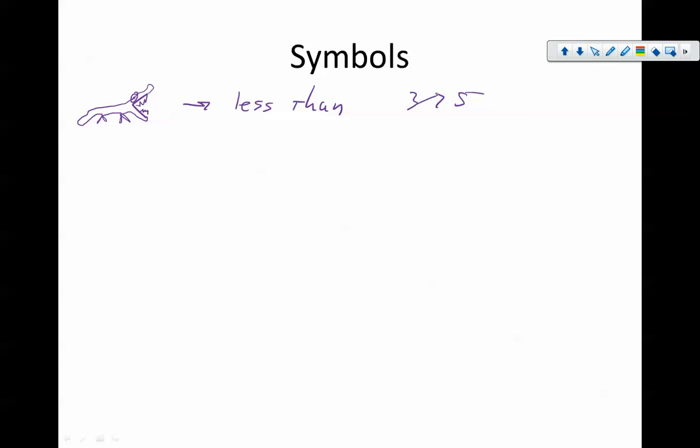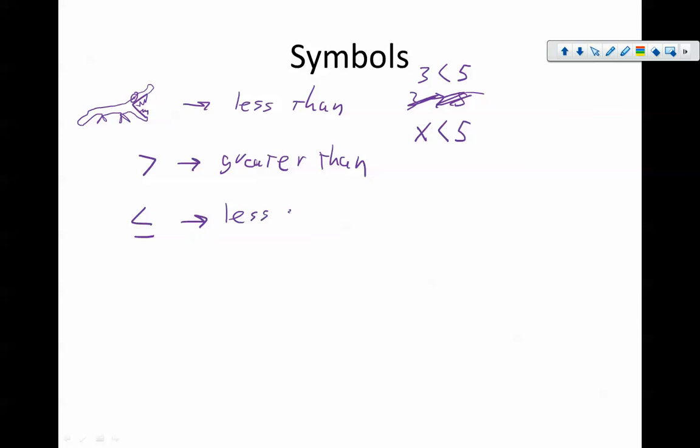Or if we were to say 3 is less than 5, the gator's eating the 5. We can also say x is less than 5, which means that the x value is a smaller number than 5. So it could be 4, it could be 3, it could be 2, 1, 0. This is a greater than symbol. Again, reading it left to right, the greater than is on the left-hand side, so that's why it's the greater than. This one is less than or equal to,